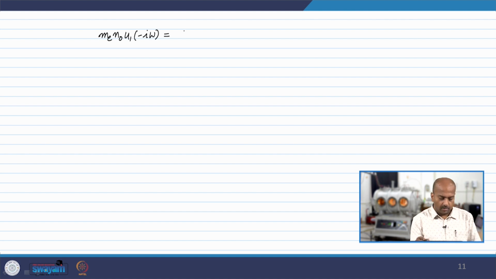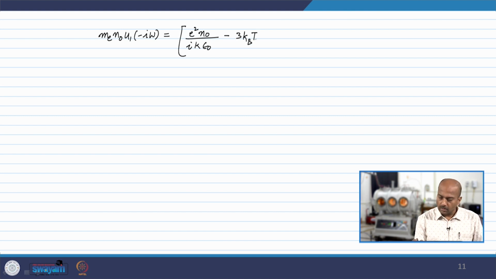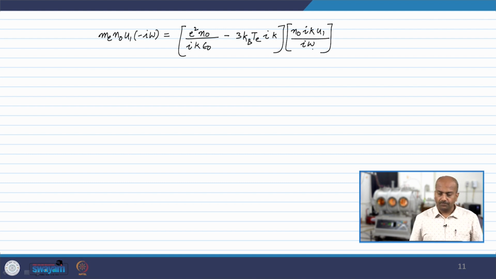Minus i omega is equal to e square n naught divided by i k epsilon naught minus 3 k_B T_e i k times n naught i k u1 divided by i omega. We can cancel u1, which appears on both sides, and we can write